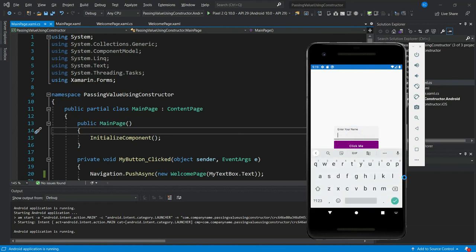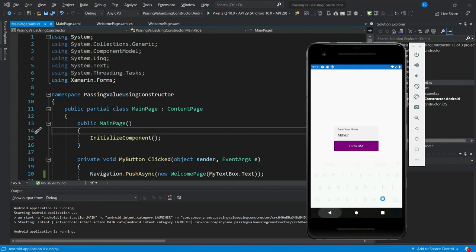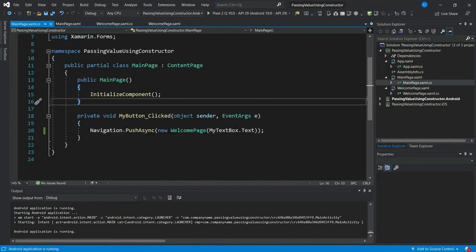So I will enter my name and click on click me. It's taking me to the welcome page and it's showing welcome Mayur to Xamarin Forms. In this process, the constructor is not storing anything, it's just passing the value from the main page to the welcome page.